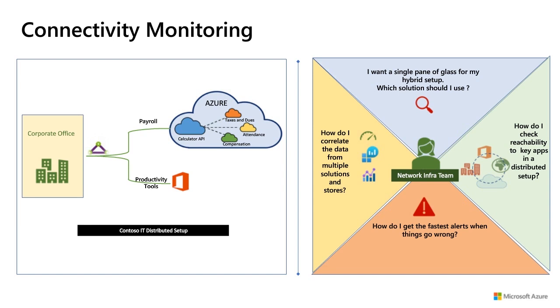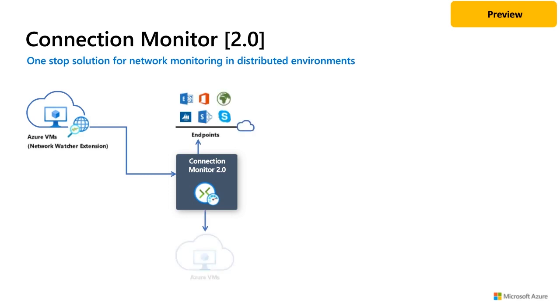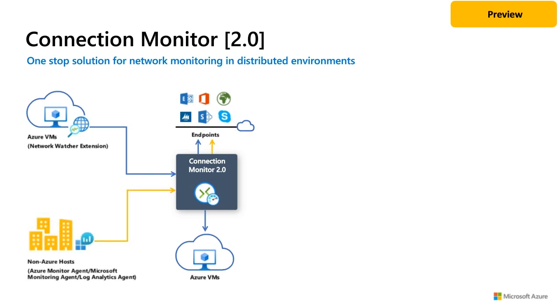For some of these frequently asked questions, we have a new and improved Connection Monitor, which is a one-stop solution for network monitoring in distributed environments. This solution is currently in private preview. Using Connection Monitor 2.0, you can monitor connectivity from your Azure VMs to any endpoint, which may be in cloud, across clouds. You can also monitor connectivity to your other Azure VMs, which are in the same region, different availability set, etc. You can also use the same Connection Monitor to monitor connectivity from your on-premise host to any endpoint